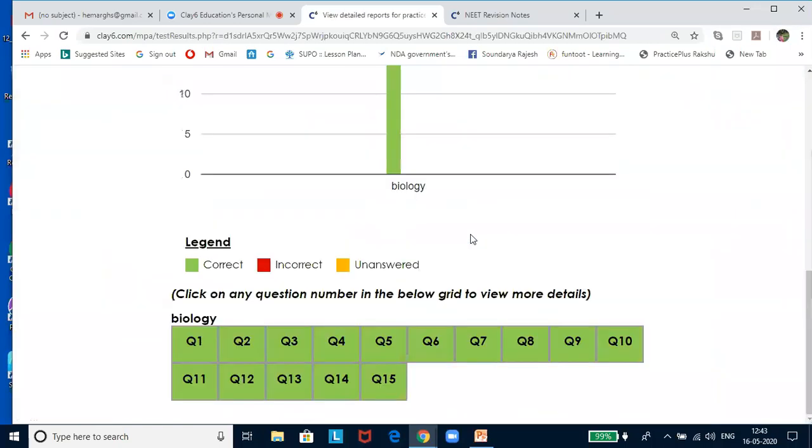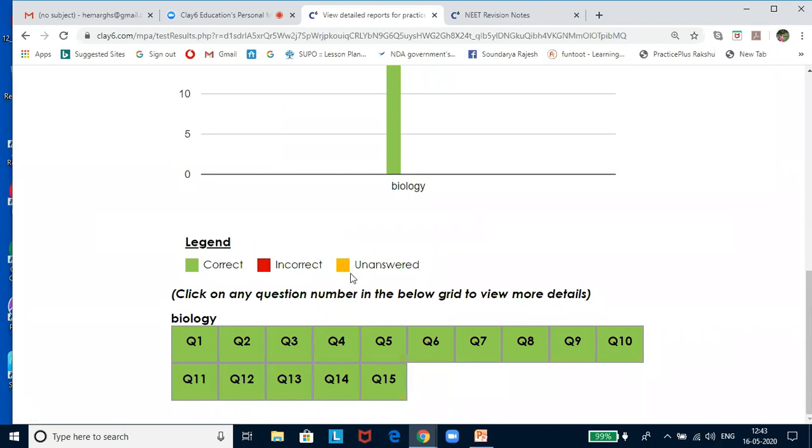Now, okay. So here, all the questions we have answered are right. Suppose a question number is showing red color, it means I have committed a mistake. I need to click to find out what the mistake is and what the correct answer is. If it is in yellow color, it means I have not attempted the question. I can still click there to find out the correct answer with explanation.